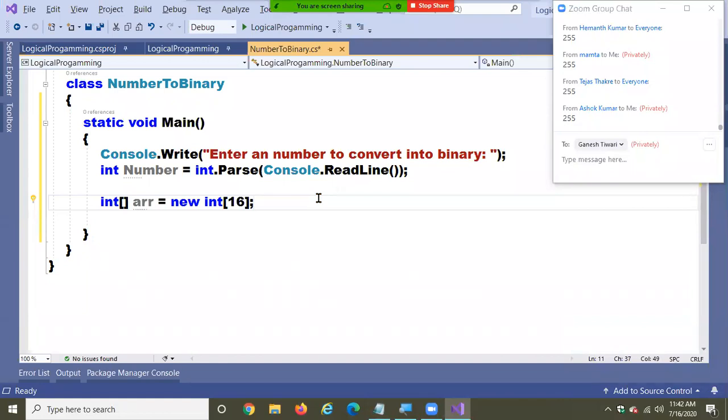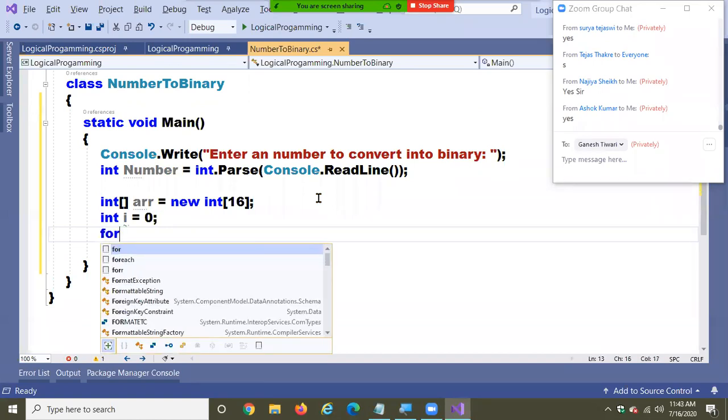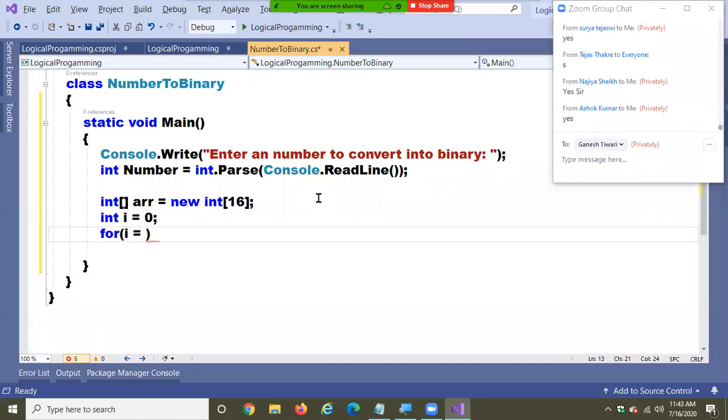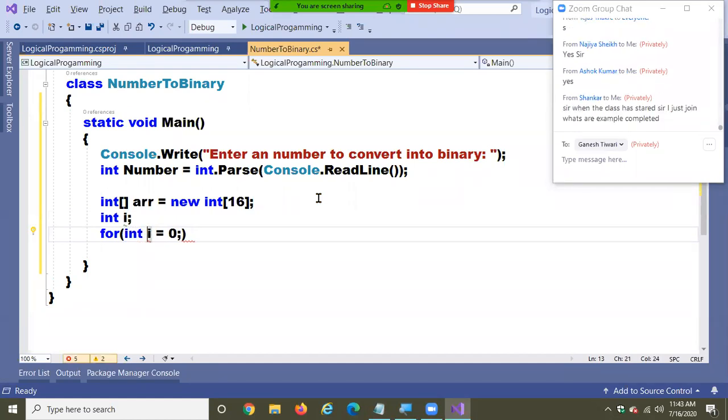Now tell me, by default, all the 16 cells will contain zeros in it. Am I right or not? Yes. Okay, remember. Now, I'm going to write a for loop here. To write a for loop, first I'm declaring an integer variable globally. int i = 0. Or simply declare int i, enough. Why declare outside? Generally, we can directly declare a variable in the for loop only, no?